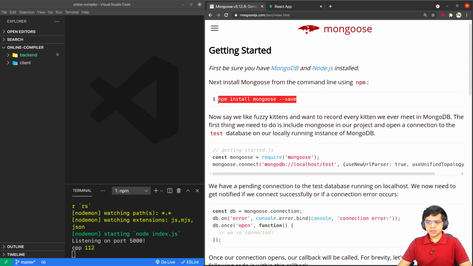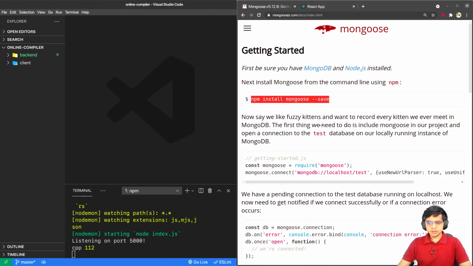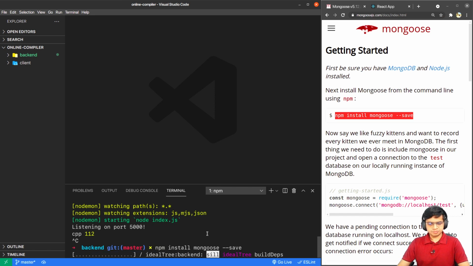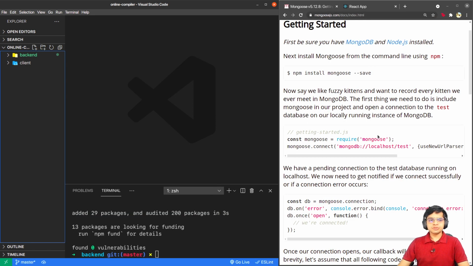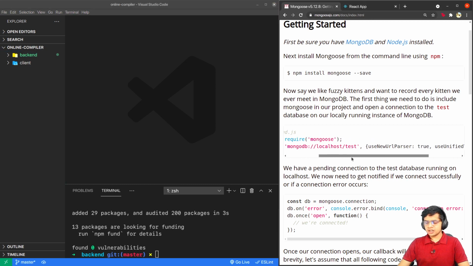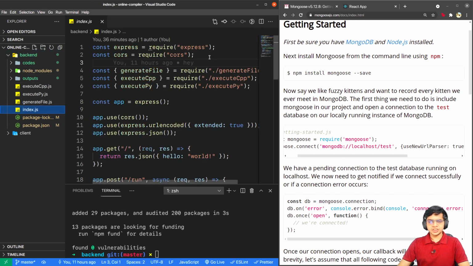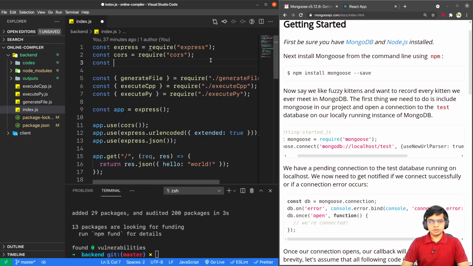We'll use this command called npm install mongoose --save. I'll just copy this, close the server, and type this command. Now to implement this, we'll follow this guideline which says that we have to first require it and then call the connect function. So going over into the index.js, I'll use const mongoose equal to require mongoose,